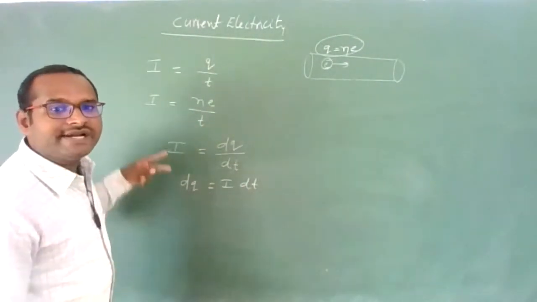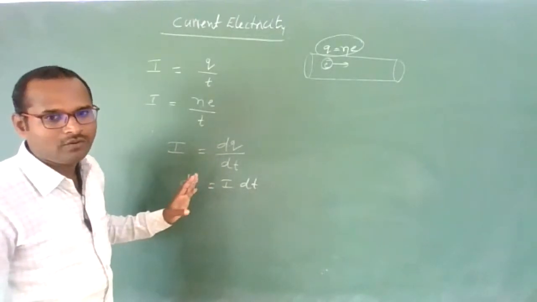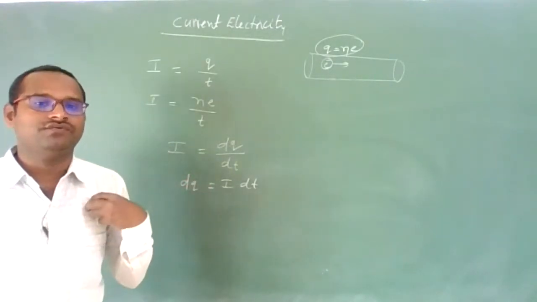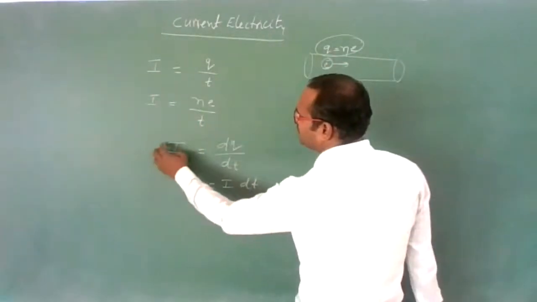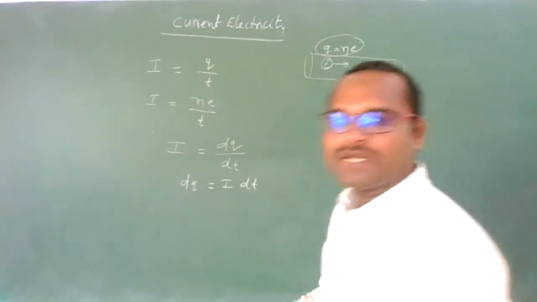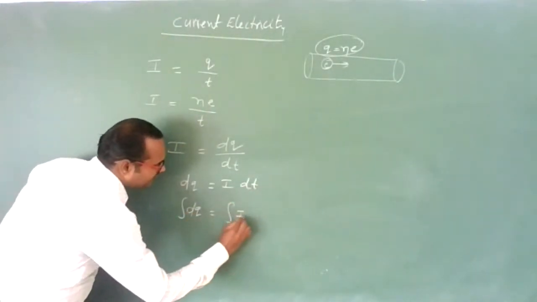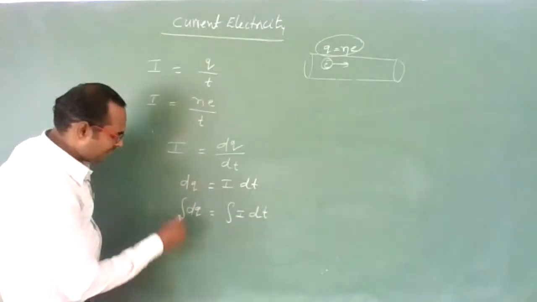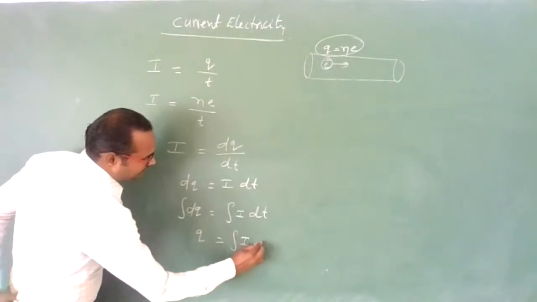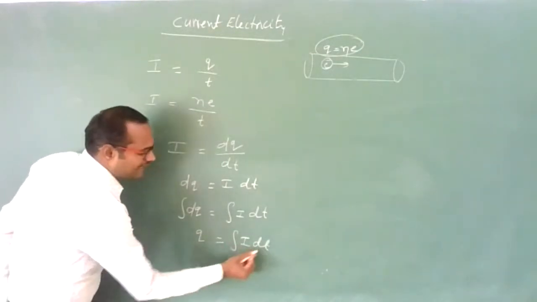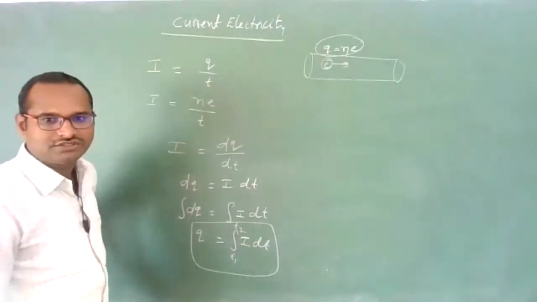Okay, students. Instantaneous current flowing through a wire can be written as dq by dt. Remember this formula. Sometimes we have to find the charge flowing through the wire. You can write dq is equal to I times dt. Now you want total charge. How to find it? Integrate it. Integration of dq is equal to integration of I dt. Integration of dq gives you q. So q can be written as integration of I dt. And we are integrating over time, which means you will get limits t1 to t2. This will be the charge.